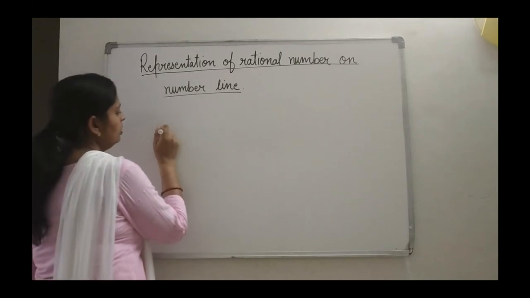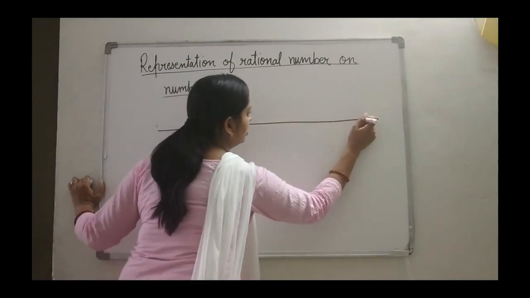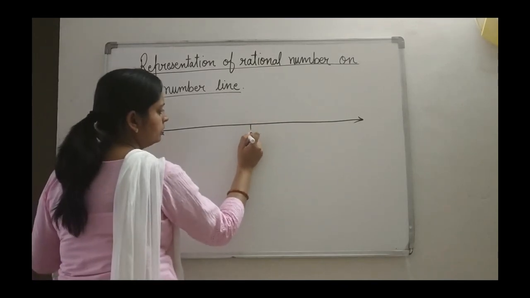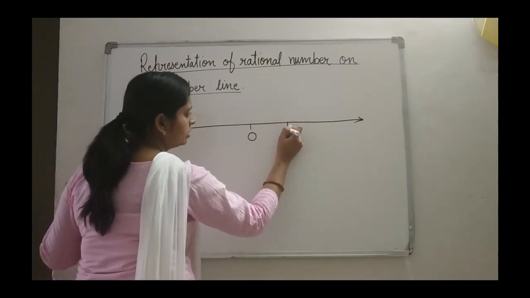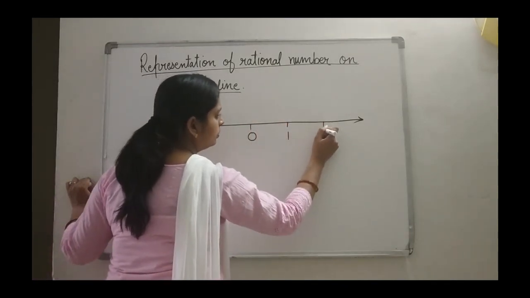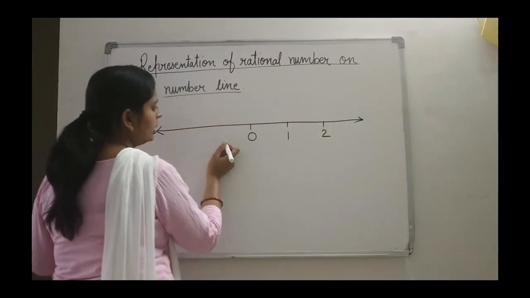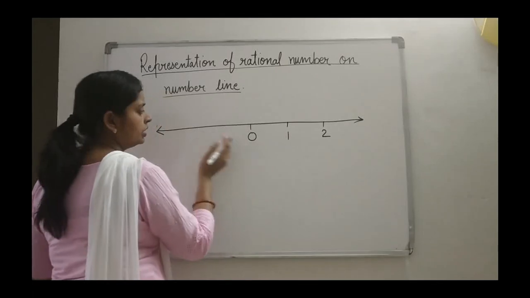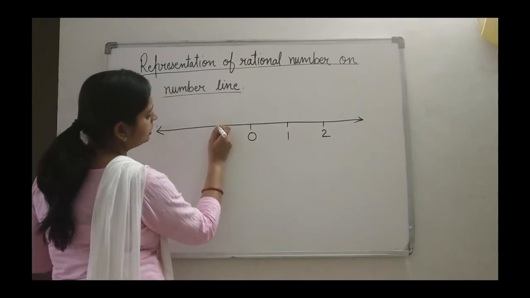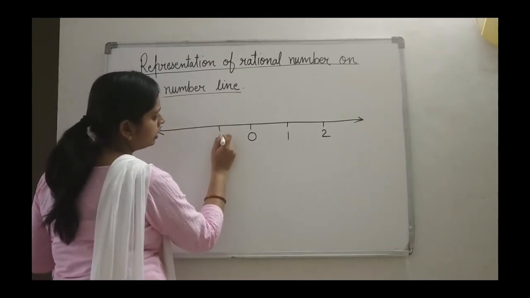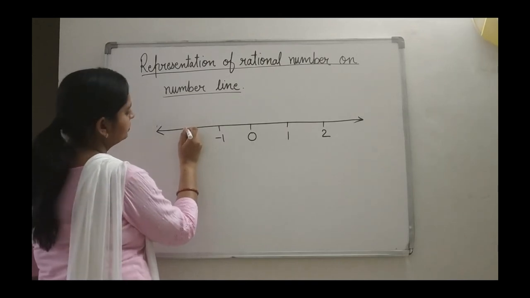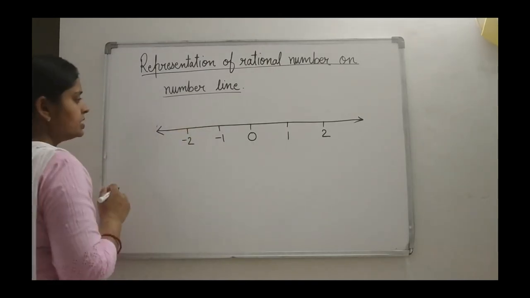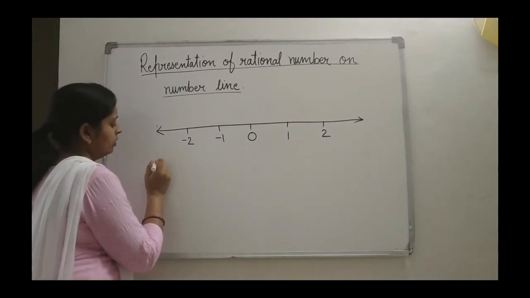In the number line, you know, we have 0, 1, 2 on the positive side, the right-hand side, and on the left-hand side we have the negative integers like minus 1 and minus 2. Fine. If a number has been given like 1 upon